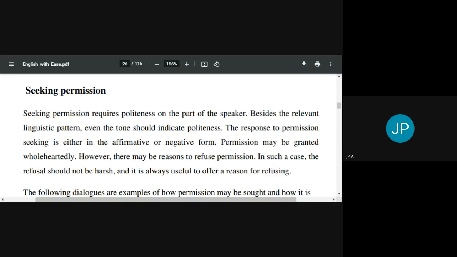So here, what is important? It is the tone, not only the words, the tone also should be indicating polite. So here we require our speaking skills also. When you are making a request, language alone is not what is important. The way in which we speak, the sound, that is called the tone, the way we talk, that also should indicate politeness. So as I said, there may be some reasons where we may have to deny permission. But when we deny permission, okay,